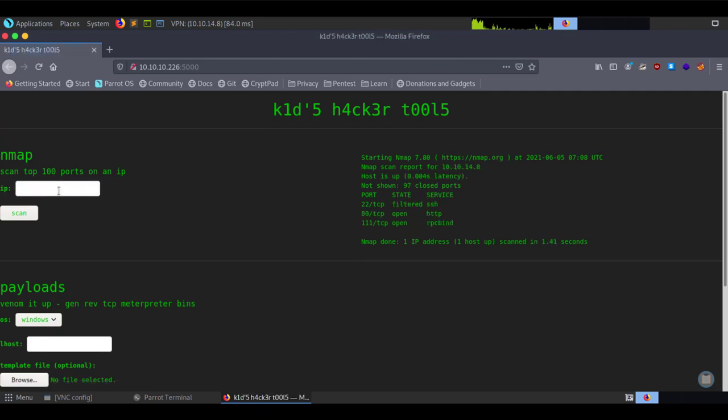So it does. It comes back with 22, 80, and 111. So it does see my box. It's good to know that I have connectivity. If I try to do command execution, I go